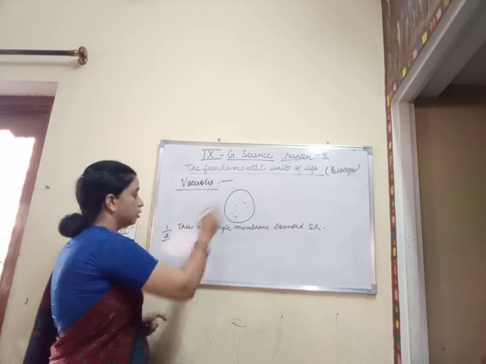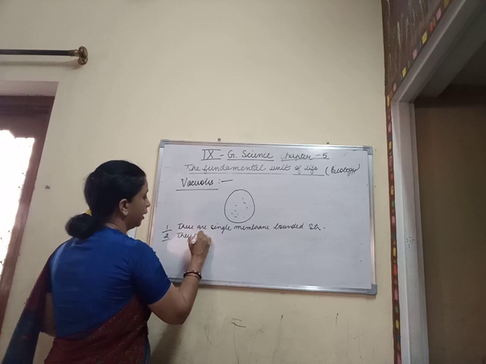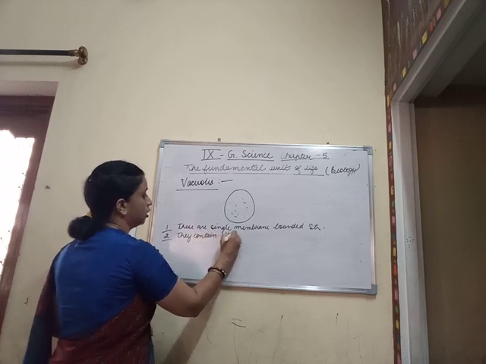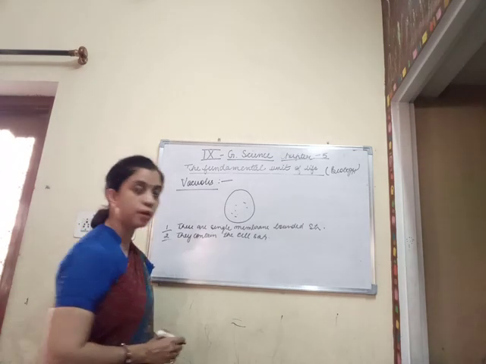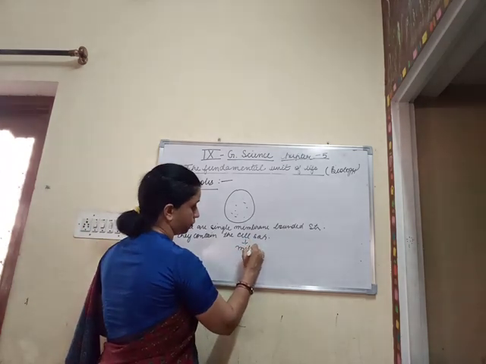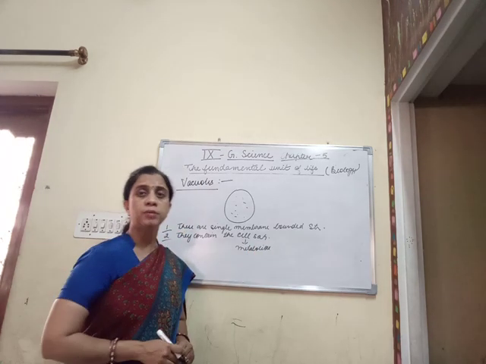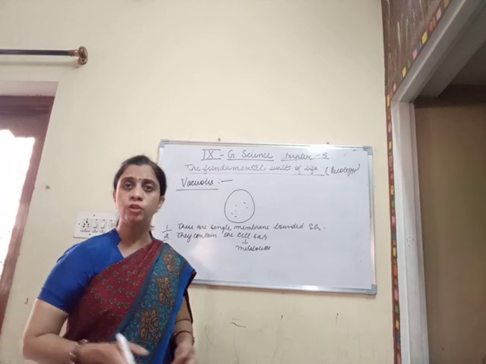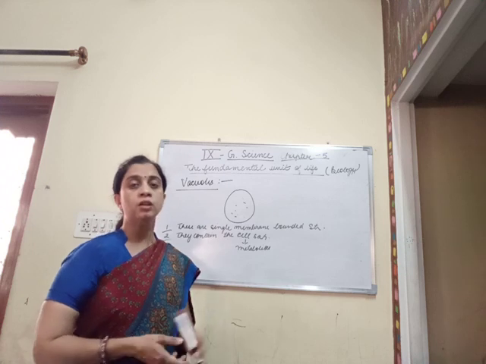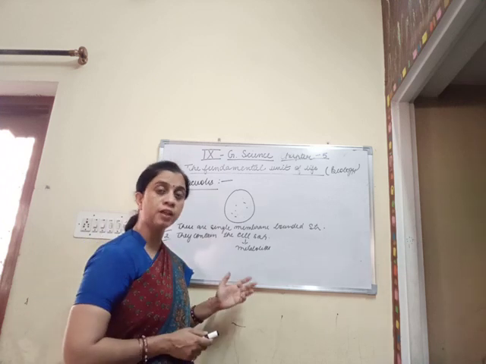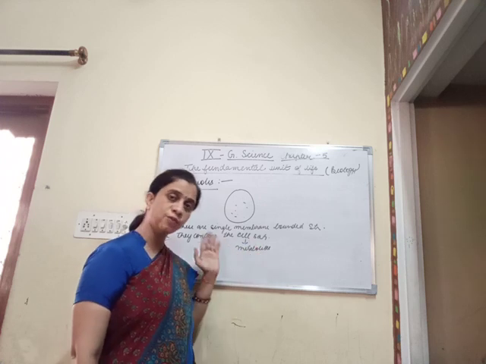Then these vacuoles contain the cell sap, and this cell sap is basically made up of a large number of metabolites like water, proteins, carbs, various types of nutrients, electrolytes, salts, ions, etc. Whatever we can say, which are very essential for carrying out the metabolism of the plant cell. Not only the plant cell, but the animal cell also.